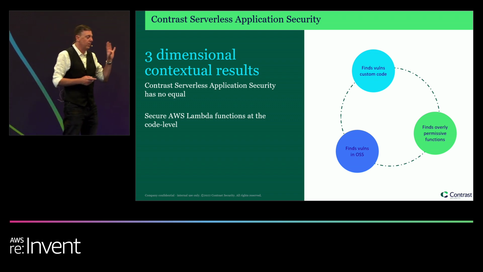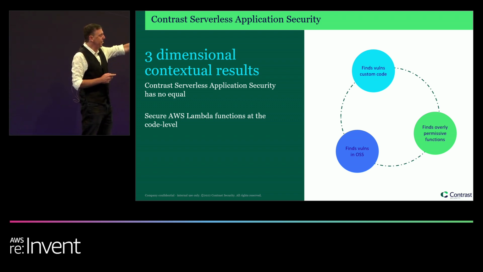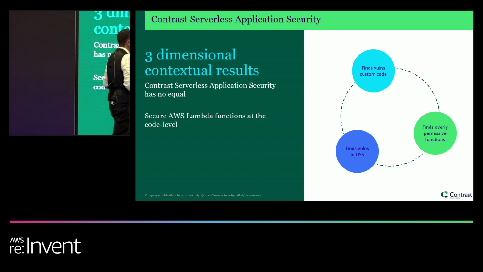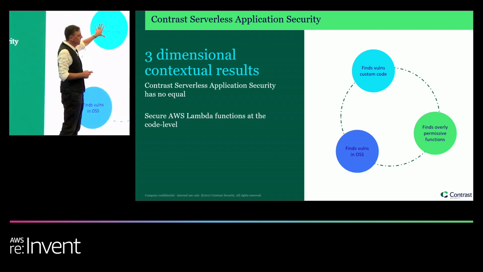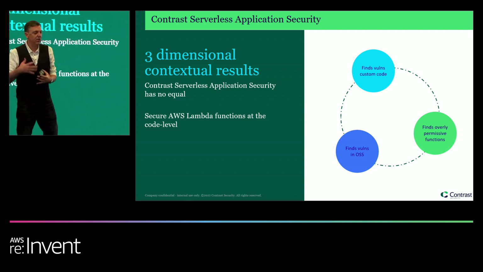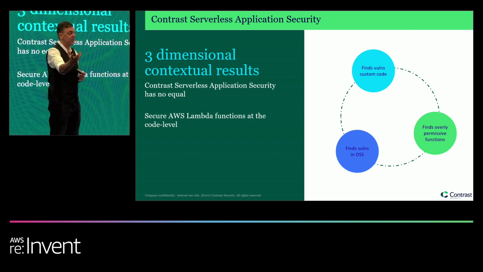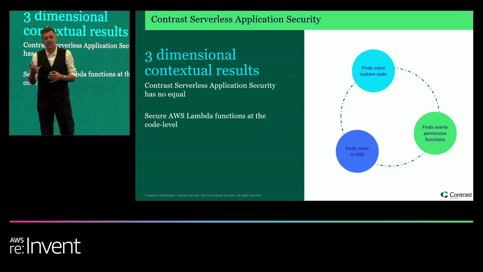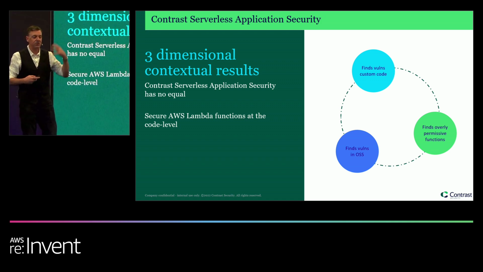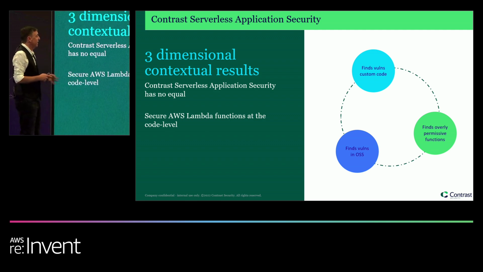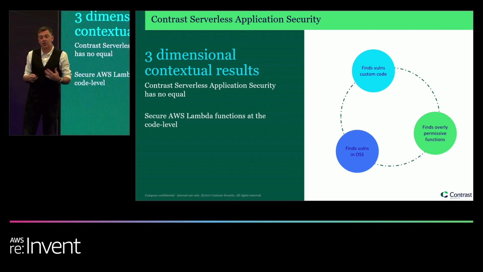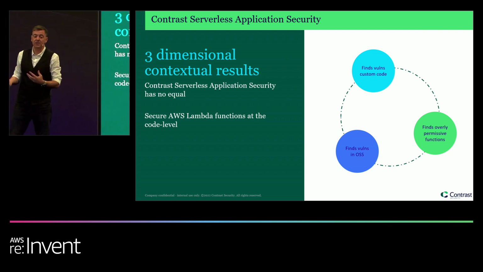And so what we do is provide you a set of tools that look primarily at these three areas. And we'll get into them a little bit, but one of them, if you see, is looking at your custom code. So it's the actual code that you write in your serverless functions. How do we look at that code? And basically, we embed ourselves into your AWS account so that we can see the interconnections between your environments. We can see your serverless functions, your S3 buckets, and map that all out. And we can actually look at that code and the data that flows through it and alert you to some of these same kind of vulnerabilities that you've been on the lookout for in traditional apps.